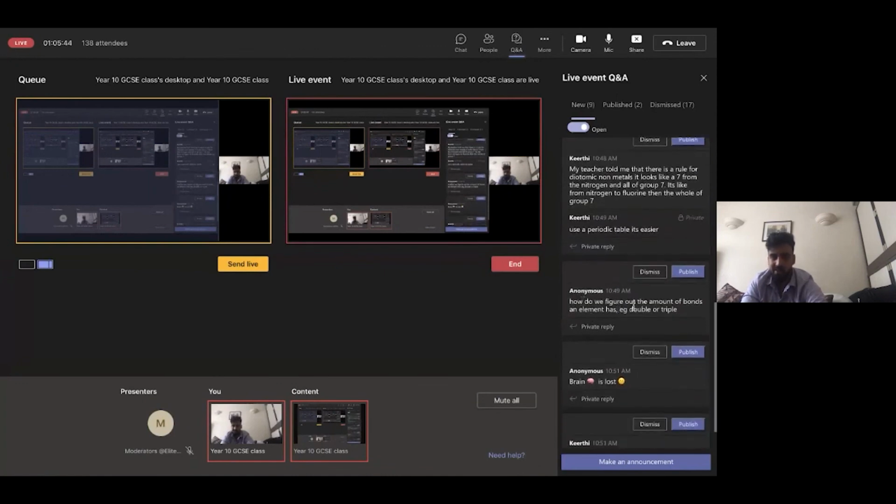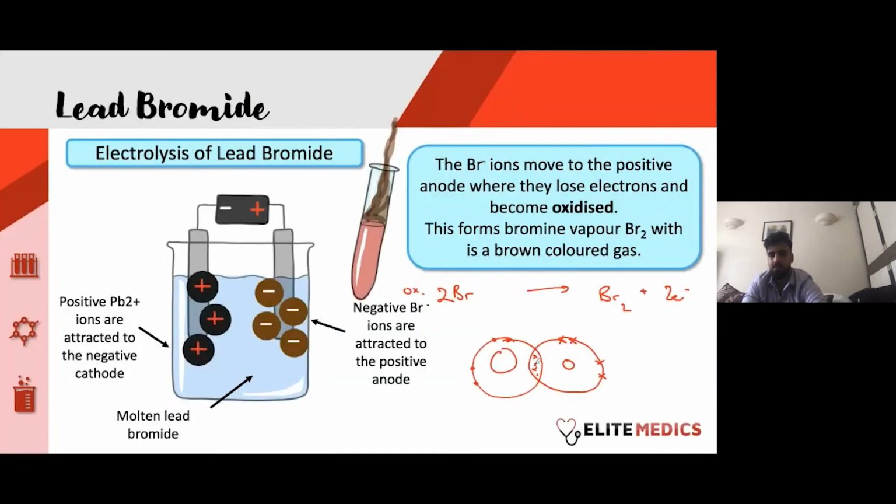Yeah, so how do we figure out the amount of bonds and elements? So you saw me just do it. If you don't remember them, you kind of have to work them out. So did you see what I did there? I literally showed you live how I figured out that it was a double bond, and same I did for nitrogen. I was like,